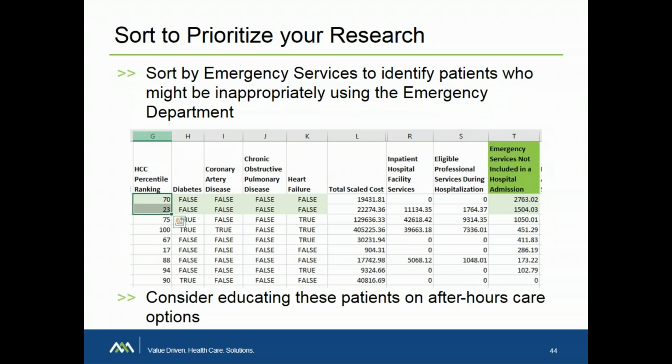Another potential sorting option here is the emergency services not included in a hospital admission. I think that's an interesting field to sort by because you may be able to identify patients who might be inappropriately using the emergency department. So maybe when you look up these patients at the top of the list, you might find that they, perhaps